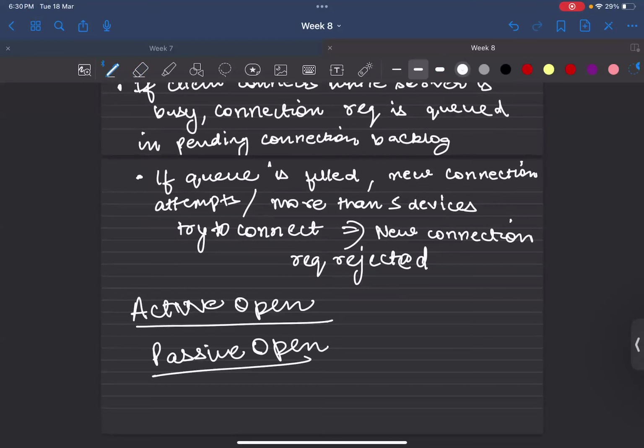Can you tell me about this? Can someone tell me about this? What is active open, passive open? In the active open, the